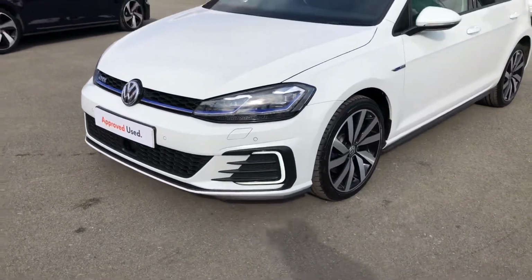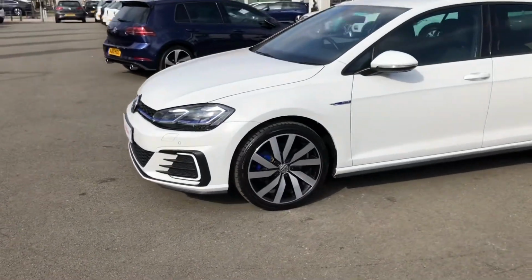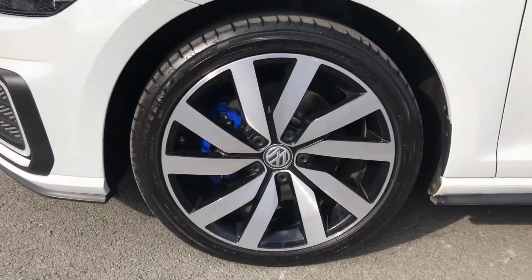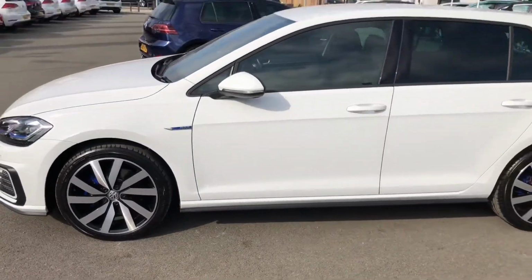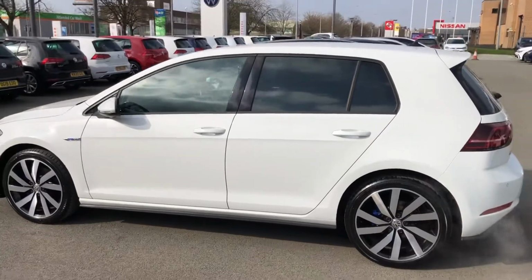LED headlights and daytime running lights are standard, as they're obviously a lot more energy efficient, and you even have the benefit of this unique Golf GTE diamond cut alloys with blue brake calipers. Again, it's all about blue color, energy, electricity. It is a stunning looking piece of machinery which comes with privacy tinted windows from the B-pillar back and even